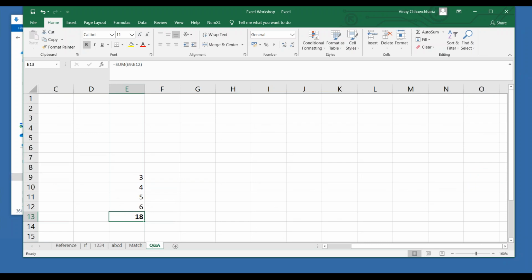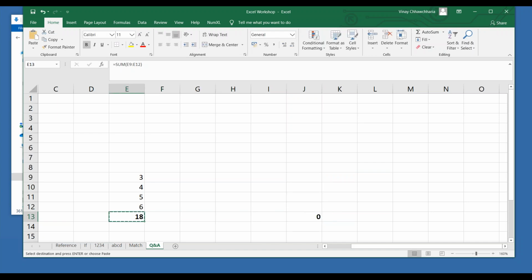Now what you can see here is SUM E9 to E12, right? Now if I do a copy and I just do a paste over here, what is coming is 0. Why? Because I am copying the formula and I am pasting it here. I am not copying the inherent value in it, which is 18.